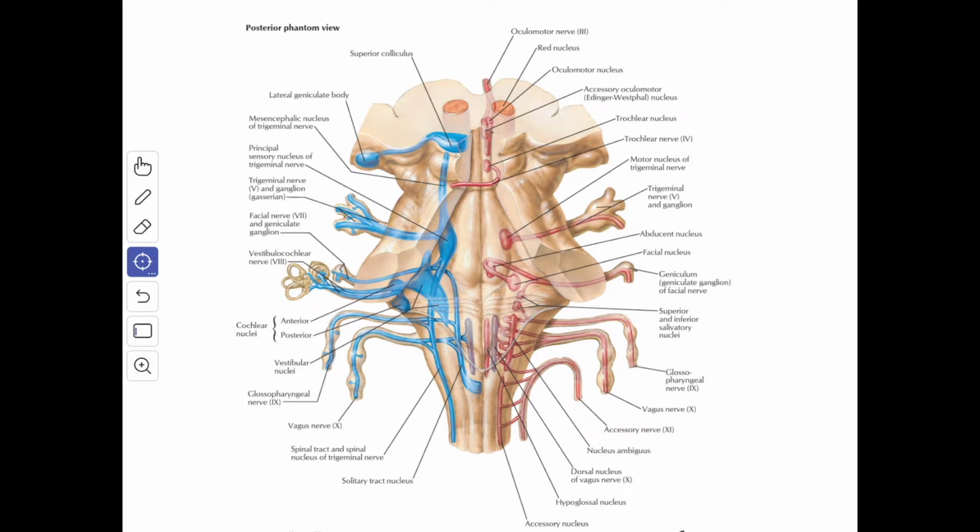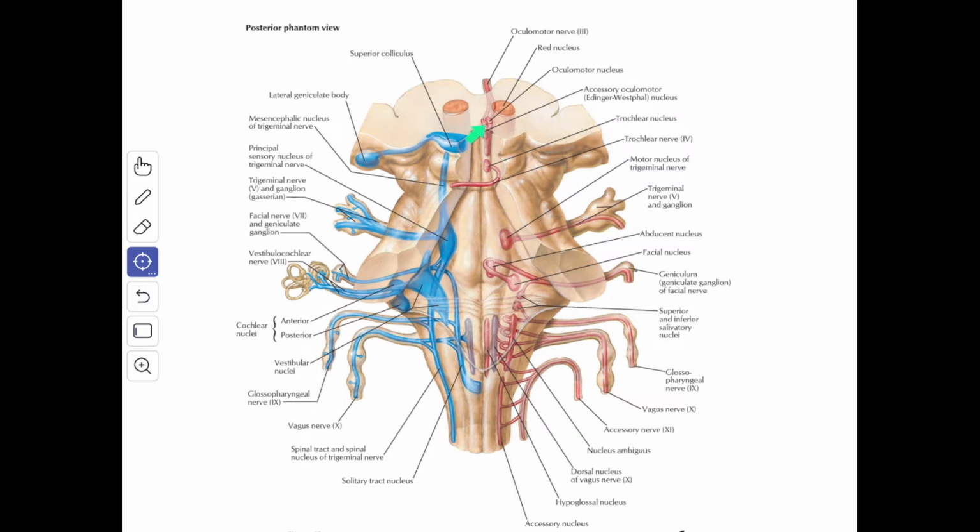So here we'll see the efferent nuclei alone. First we'll see the general somatic efferent nuclei. The general somatic efferent nuclei supply the striated muscles of somatic origin. In this you have the oculomotor nerve nucleus. So this is the oculomotor nerve nucleus.